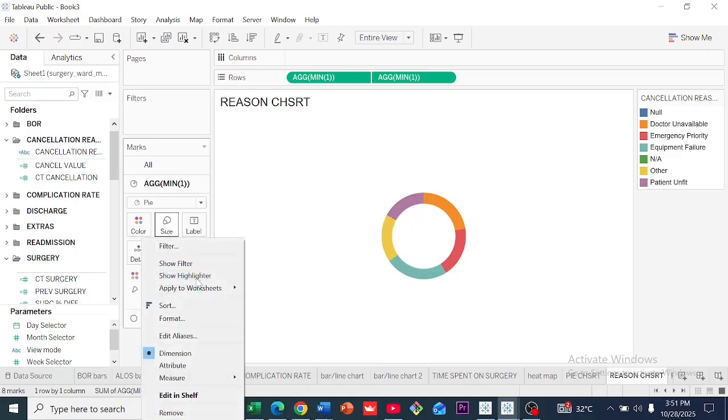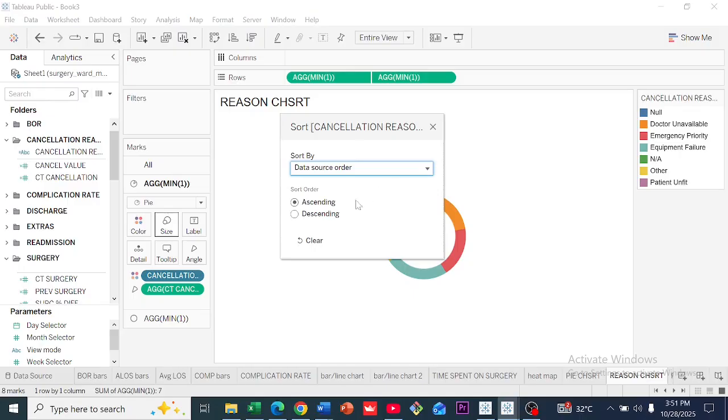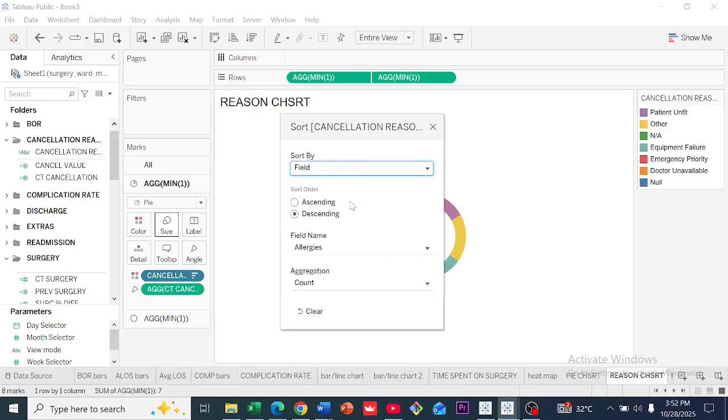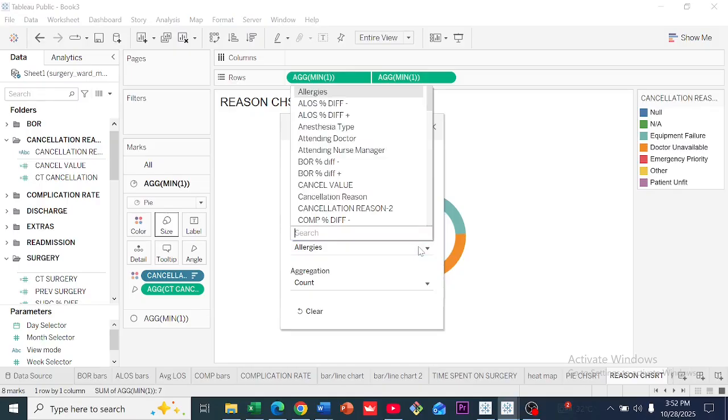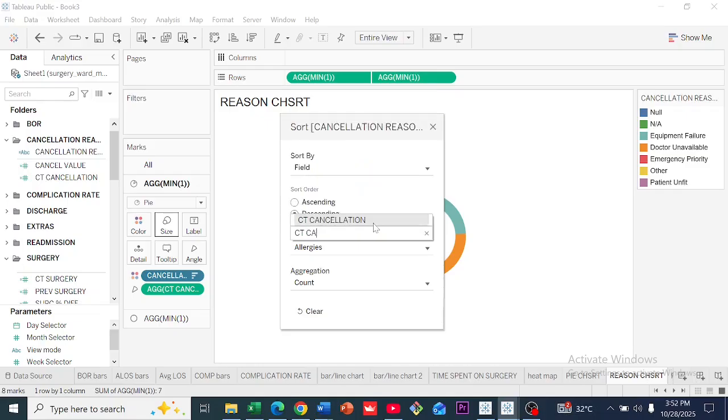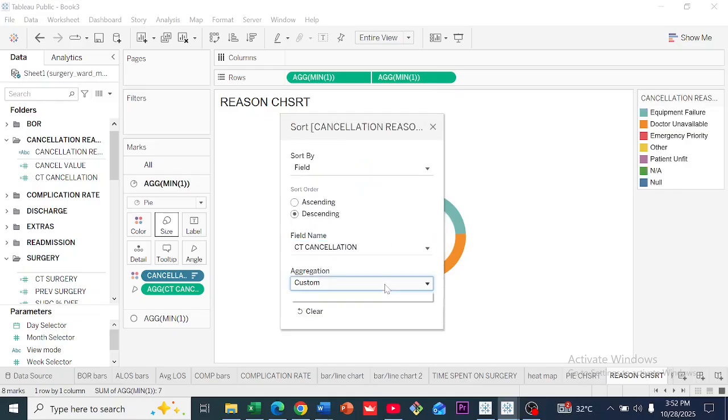So let's go ahead and sort this. So we'll be sorting by our cancellation. We want this to be in descending order, so from the highest reason to the least reason, and we want to sort by our current cancellation. Okay,